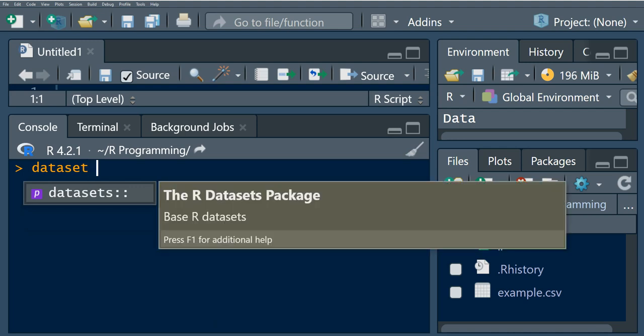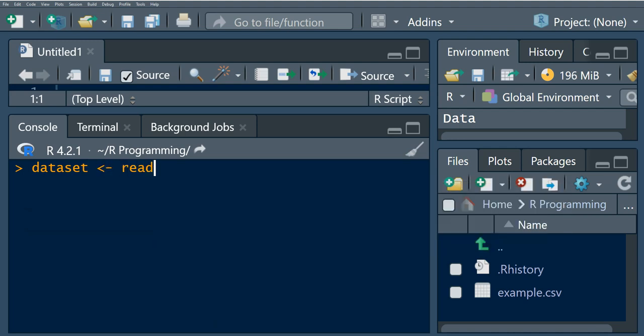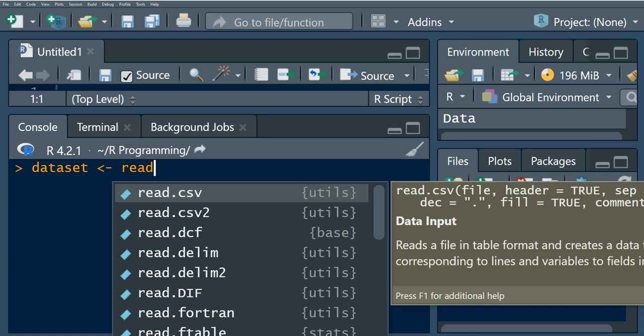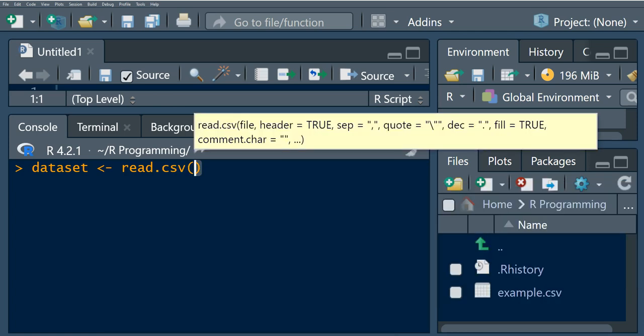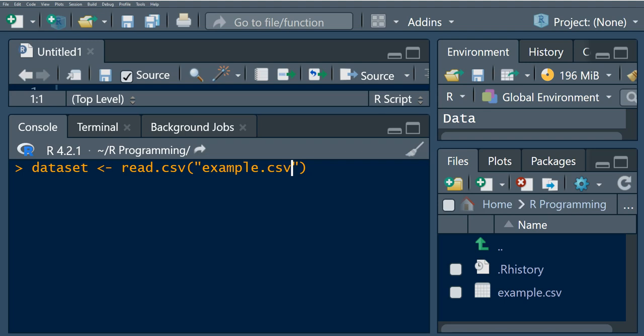So if you want to read the CSV file in R, say for example we want to create this dataset, to read a CSV file we're going to use read.csv, right? Then we provide a file path. But if that file is already saved in your working directory, you can simply specify the file name. And if you press on the tab, if that file is saved in the working directory that you are working on, R will autofill that with the name